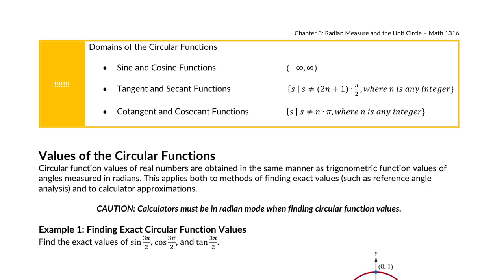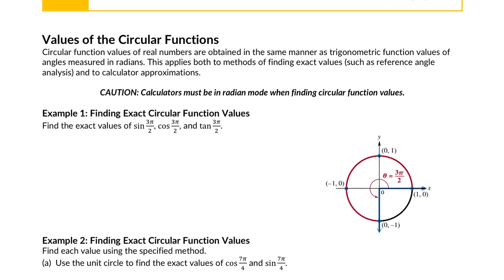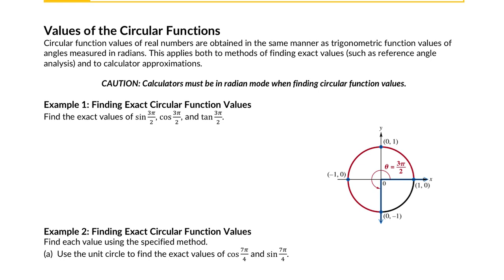Circular functions of real numbers are obtained in the same manner as trigonometric function values in radians. This applies to both methods of finding exact values, which we now have around a unit circle, and calculator approximations. But make sure you notice that we may now be working in radian mode in our calculator, which also means you'll have to go back and forth because we may work in degrees and we may work in radians. But with your unit circle here, and I've taken a picture of a unit circle and put it down, but when you have your paper plate unit circle, it's going to help you answer questions like exact values of different